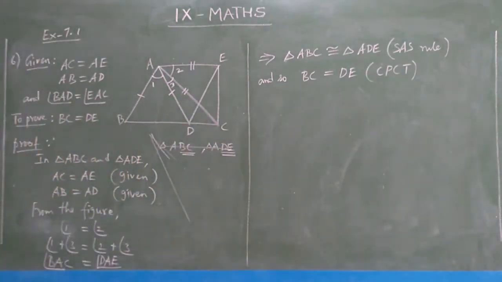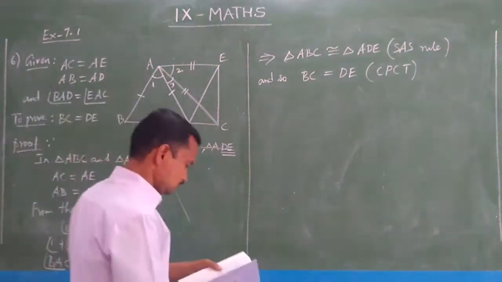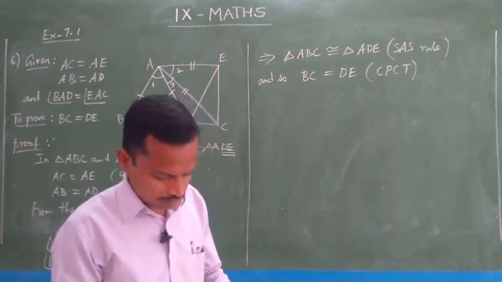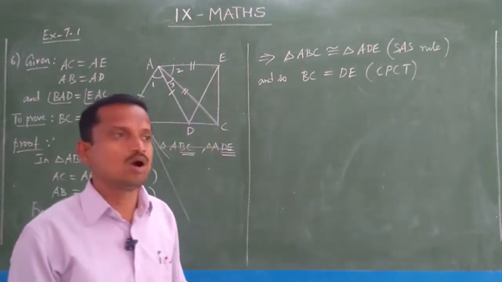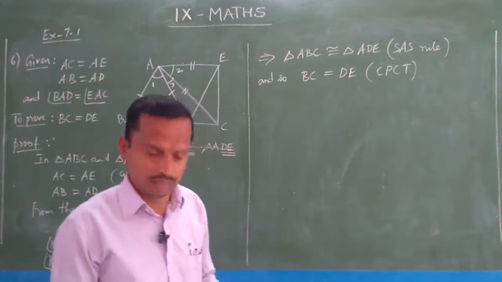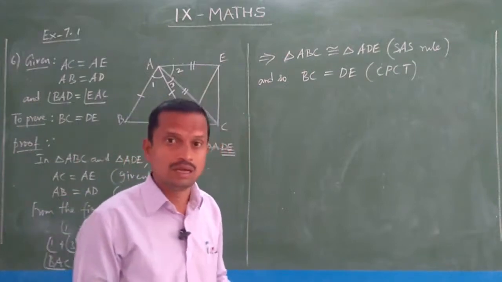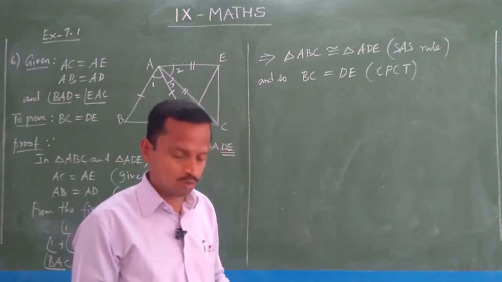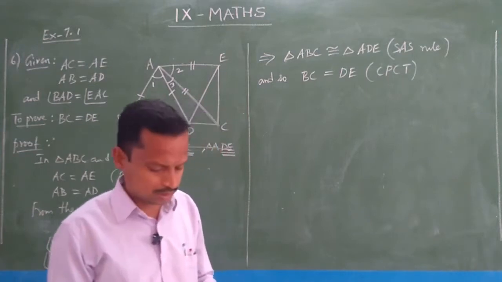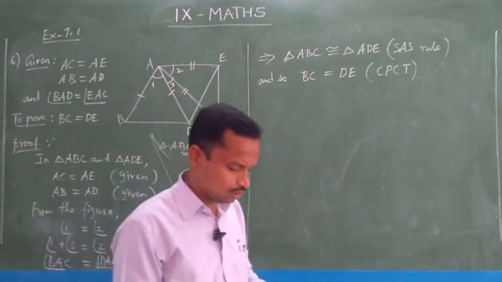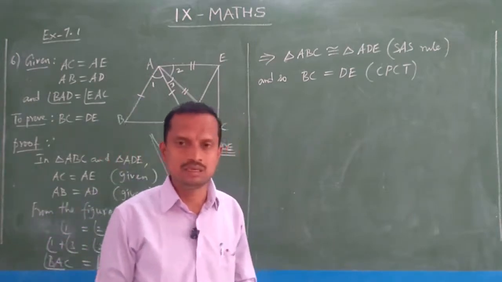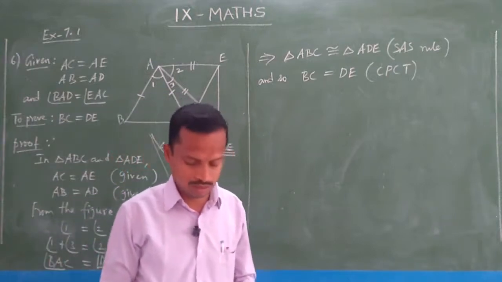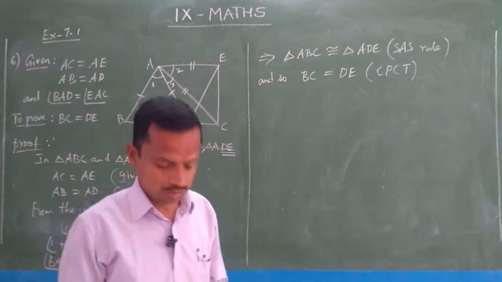And you see question number 7. I think you can do it by yourself. There also we have to add the common angle with the other two given angles. Then you can easily get the proof. Question number 7, you take it as homework. After proving the first part, that the two triangles are congruent, the next option, AD equal to BE, we can easily prove by using CPCT. So the same way, like the 6th sum, the 7th sum, we can do it.